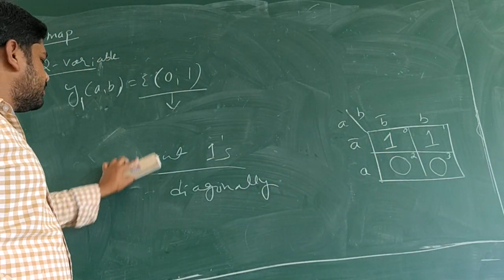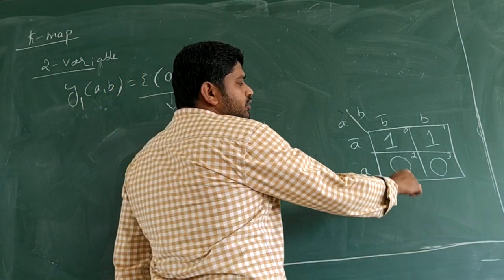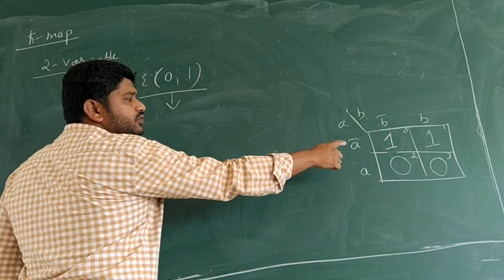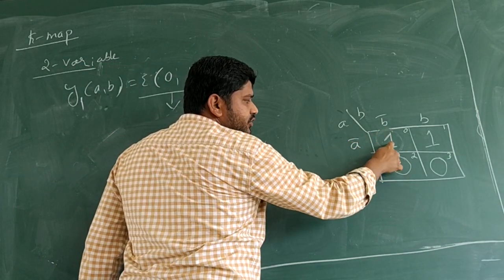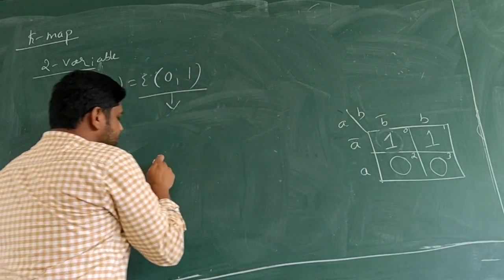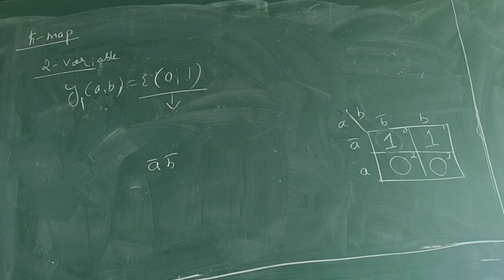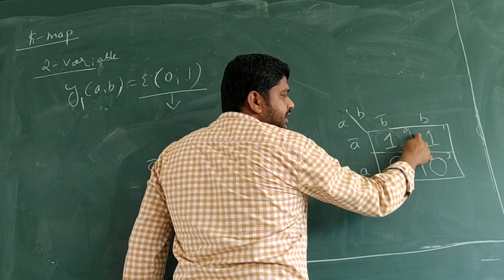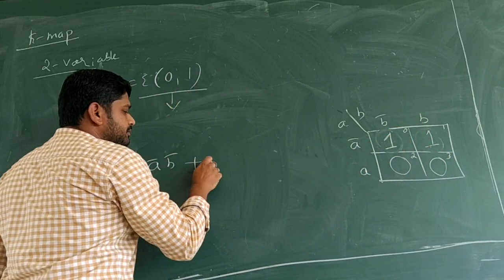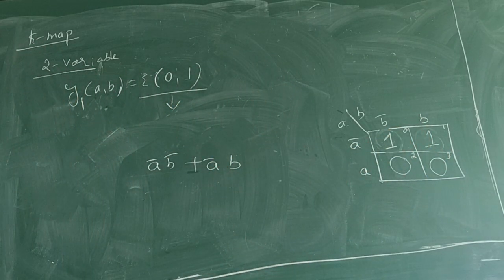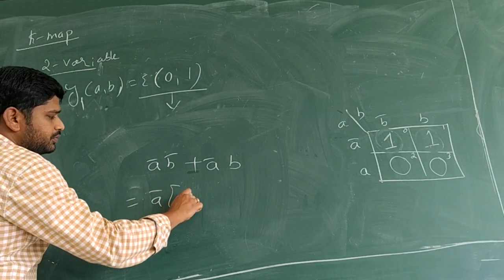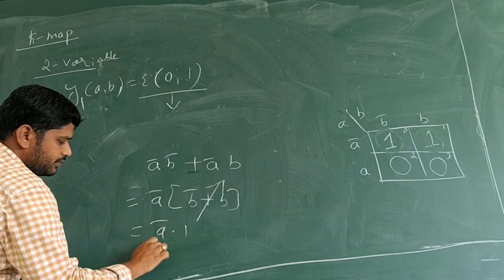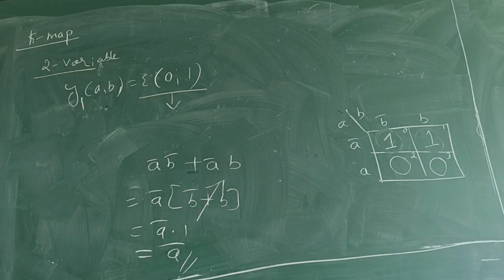So right now, how to consider for simplification? See now, what is the first term? If you take this, what you will get? If you consider this, what is left of this and top? It is A complement into B complement plus. Okay. So what is adjacent? Next here, A complement with B. What is simplification? Take A complement comma B complement plus B, which will give us 1. A complement into 1. Finally, we will get as A complement.